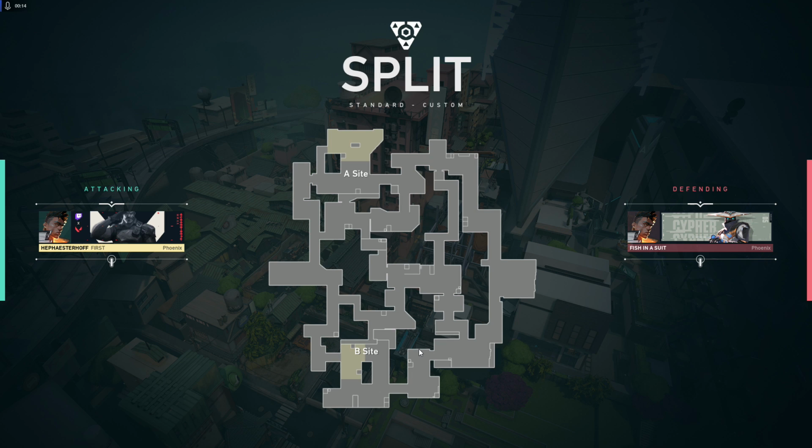Phoenix as an agent is one of the first 5 that you get with the game baseline. Everyone has him. He is one of the more popular agents that you're going to see when you're playing the